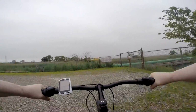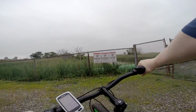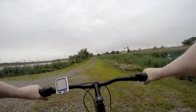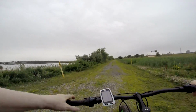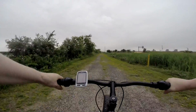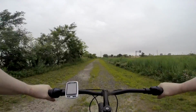Do not enter. Swift current at tidal change. Okay, so there's just some plumbing here. That's where I'm still, right to the left there. I'm over to the left. And you can see some of the nests. You can't, but I can see some of the nests. This is some kind of an access road, but